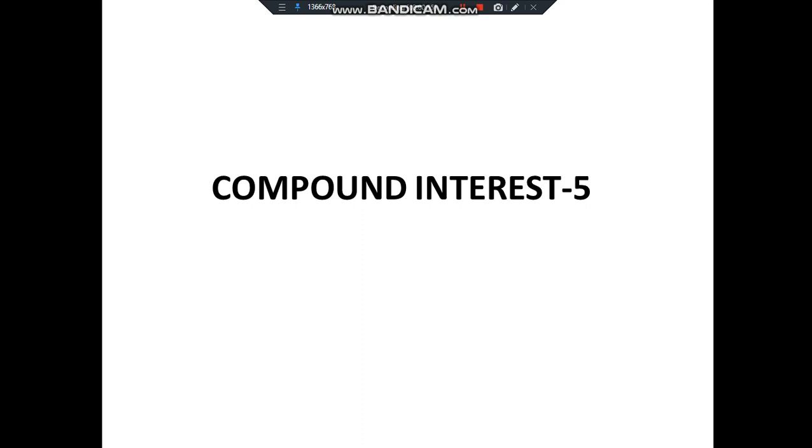So in this session we will see 2 types of questions. In that itself there are a variety of questions, so we'll see how to proceed one by one. The first type is when different rates of interest are given. We have already seen this in simple interest also, so we'll see how to solve it in compound interest. The other type is where we have to find the principal when two different amounts for 2 different years are given. In that case, we'll see how to solve the question in this session.